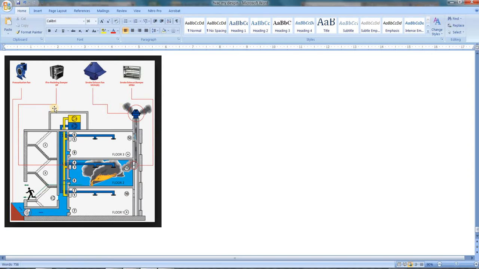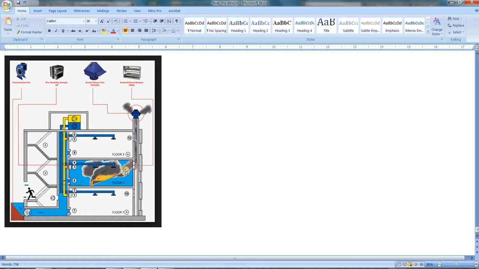The required distance is 5 meters. This one works only when a fire happens, only at that time. It is for life safety and is compulsory in the corridor area only, because everybody comes into the corridor area when a fire happens. That's why we provide it only in the corridor area.